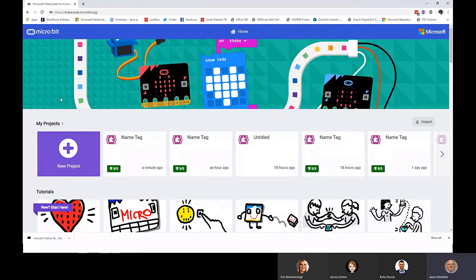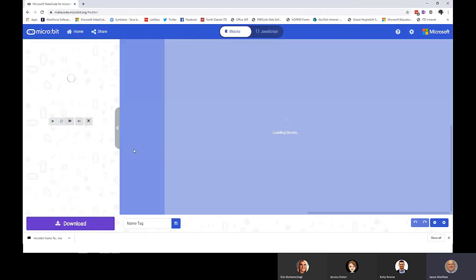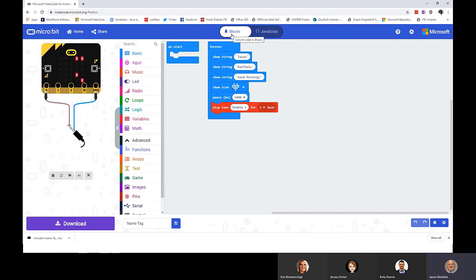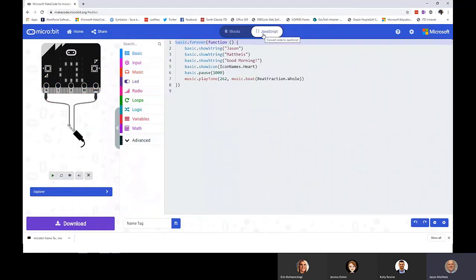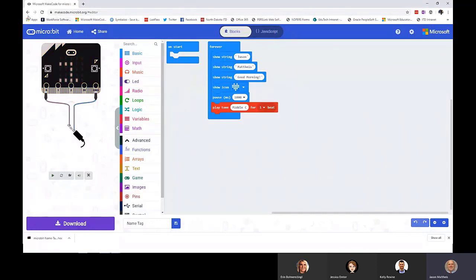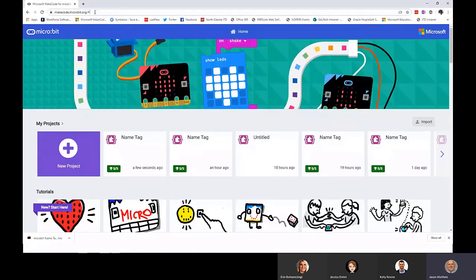Hopefully you guys can see my screen right now. Before I show you some of the classroom options, I do want to show you the MakeCode beta version. Kelly showed a little bit inside of Minecraft, going back and forth between the block code, JavaScript, and Python. Python is available in the beta version. Right now, I'm just in the regular MakeCode. If I go back to my name tag project, you can see I can toggle back and forth between the blocks and JavaScript. But if I want to start to use Python, I'm going to go back to home,